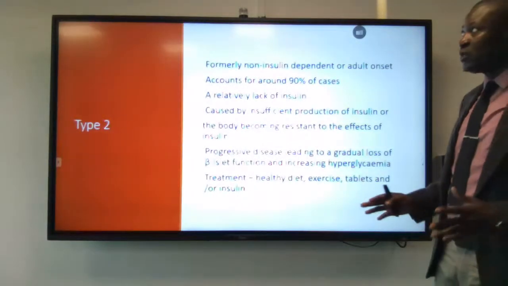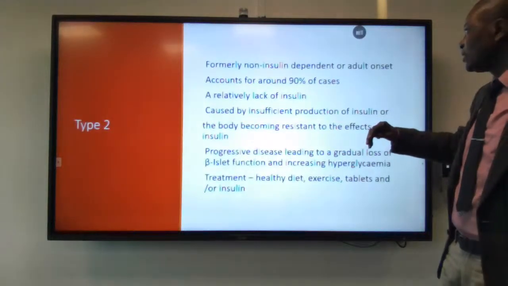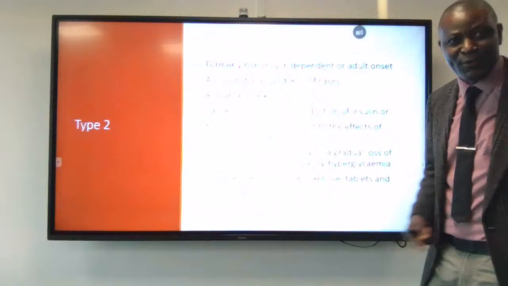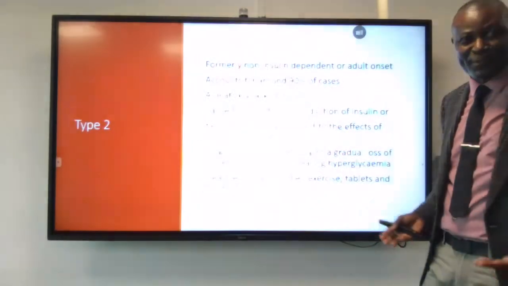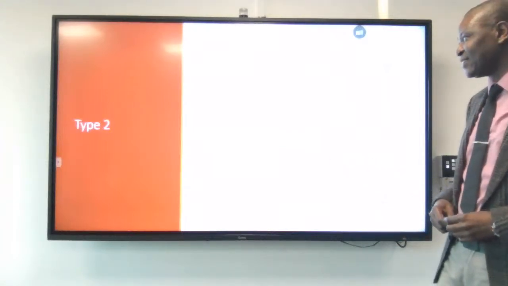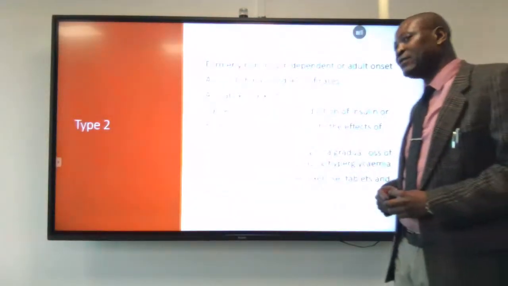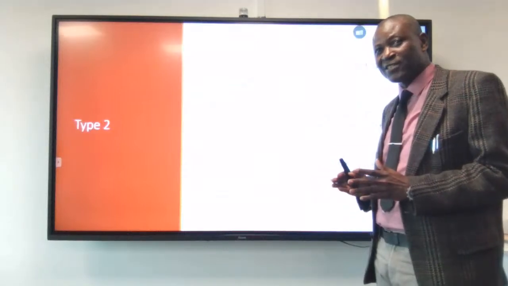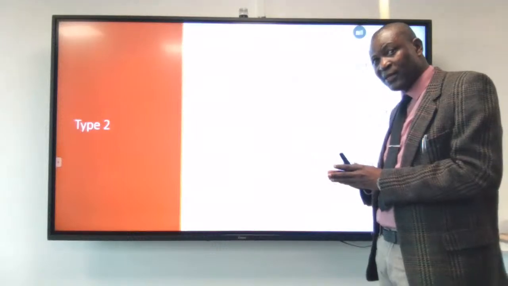Type 2, which is the second major classification, was formerly called non-insulin dependent or adult onset. That terminology we've dropped, because now some type 2 diabetes patients are on insulin injection if they don't respond to tablets and lifestyle changes. This accounts for roughly 90% of the cases. In this particular set of people, there is insulin. It's just that the insulin is not sufficient, it's not enough,